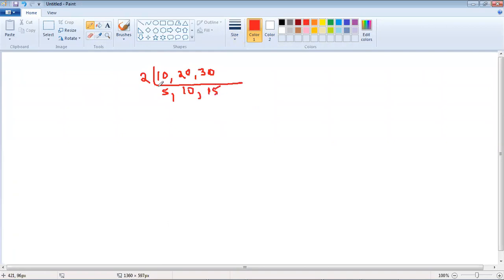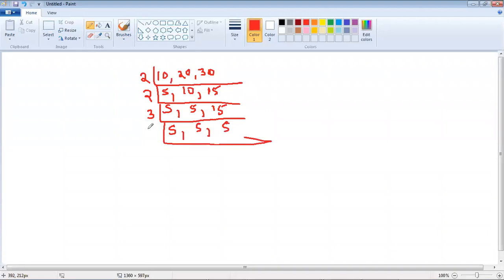Then let me divide by 2. 5 is not divisible, so let me simply write 5 here. Two 5s are 10 and 15 is not divisible by 2, so I write 15. Now let me use 3 because none of these numbers are divisible by 2. 5 is not divisible, just write 5. 5 is again not divisible, just write 5. Three 5s are 15. Then 5 ones are 5, 5 ones are 5, 5 ones are 5.